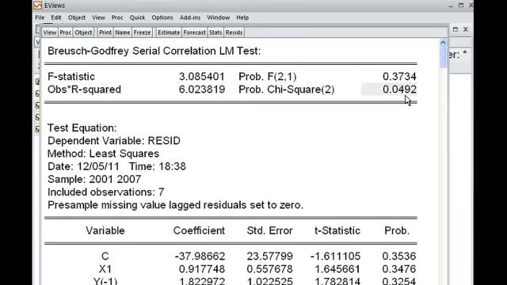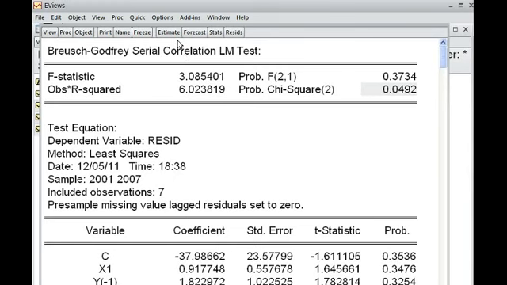All the variables should be converted to first difference, that we should do first. The second thing is that our model should run through the origin, meaning that there will be no intercept. Only then can we remove the serial correlation.